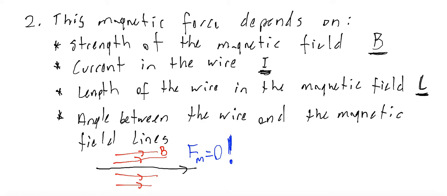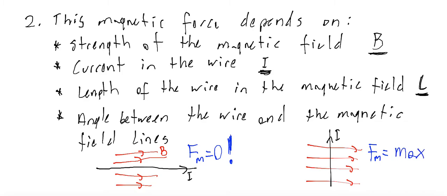Okay? If the wire is placed perpendicularly to the magnetic field lines, then the magnetic force is the biggest possible. And you are not interested in what happens if there is an angle different than 0 or 90 degrees. You must know that if there is a right angle, then force is maximum possible. If a current carrying wire is located along field lines, then there is no magnetic force. Okay? Stop the video for a moment, copy this to your notebook, and when you are ready, turn it back on,